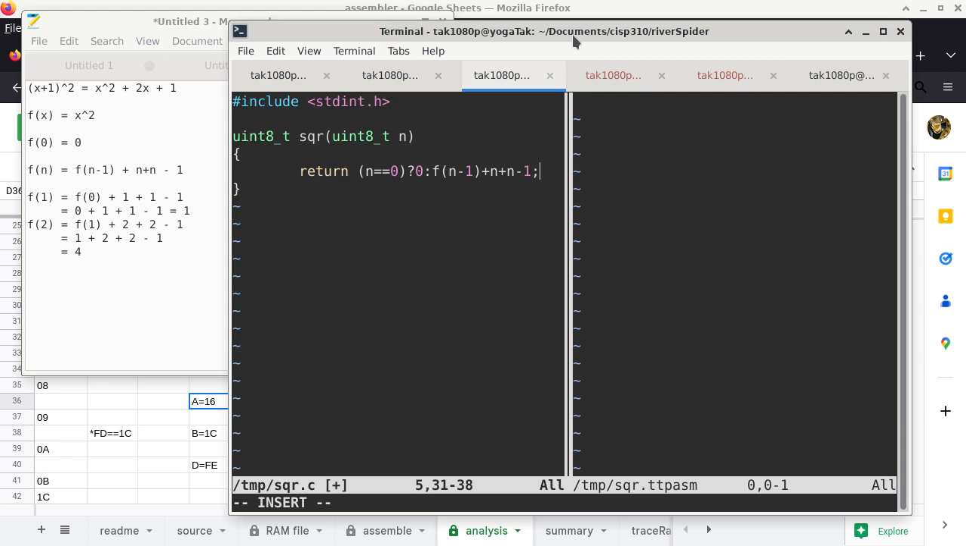Other than that, are we good so far? All right. And obviously, I also referenced the wrong function name because it's not f. It's supposed to be sqr over here. And then main is going to call that thing. So we have sqr of,